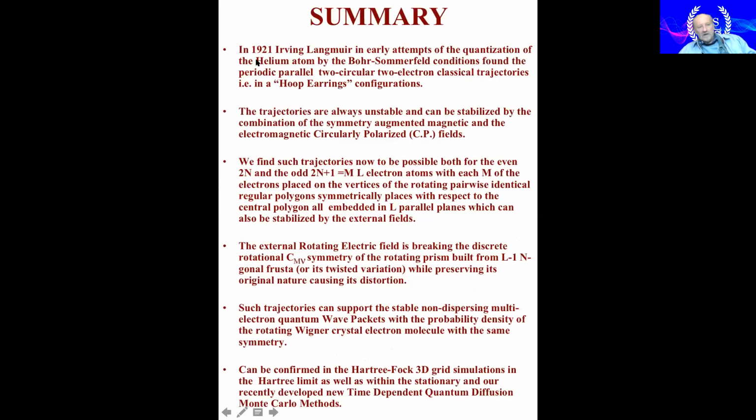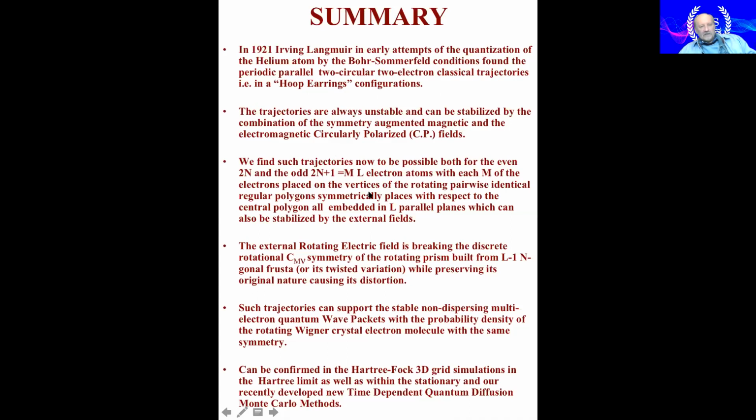So in summary, in 1921, Langmuir, in early attempts at the quantization of the helium atom by the Bohr-Sommerfeld conditions, found the periodic, parallel circular 2-electron classical trajectories, which I call Hoopi ring configurations, because they resemble Hoopi rings. Okay, the trajectories are always unstable, but can be stabilized by the combination of symmetry augmented magnetic and electromagnetic circularly polarized CP fields. We find such trajectories now to be possible for both even 2n electrons and odd 2n plus 1 electrons, and electrons